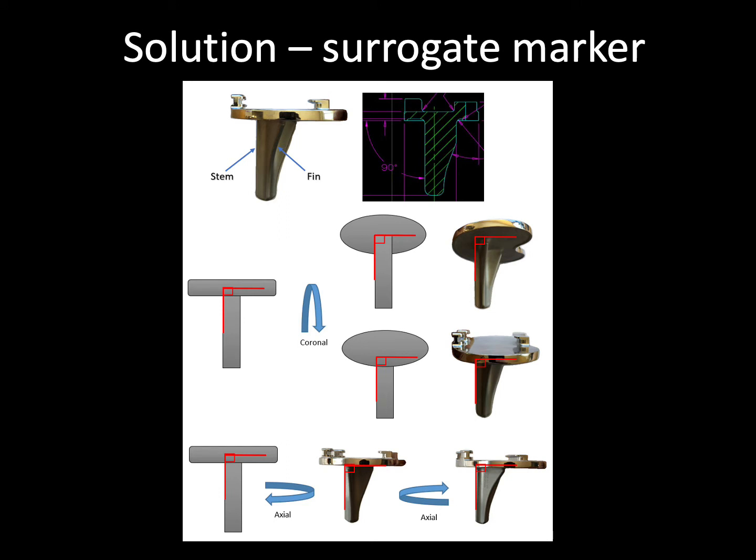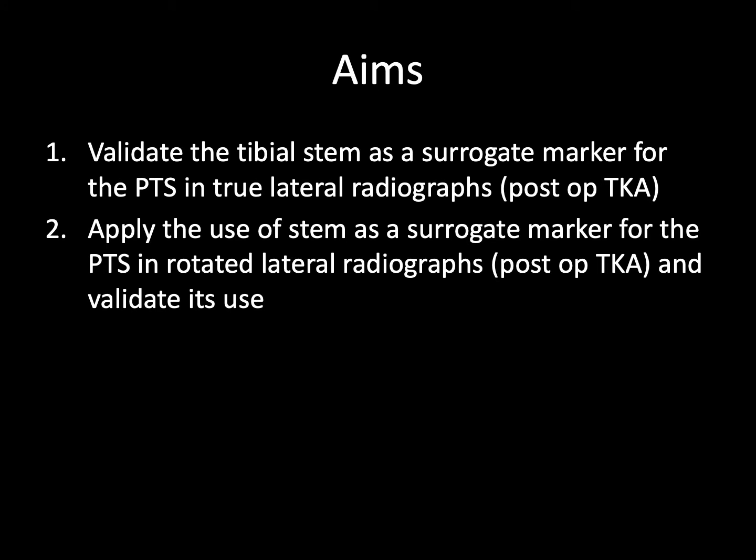So the solution, we propose the use of a surrogate marker for measurement of the posterior tibial slope. This would be the stem of the tibial component, which has a fixed orthogonal relationship with the base plate and is therefore unaffected by coronal or axial plane rotation when taking measurements. So the aim of the study was to validate the tibial stem as a surrogate marker for the posterior tibial slope measurement in true lateral radiographs and apply its use as a surrogate marker again in those rotated lateral knee